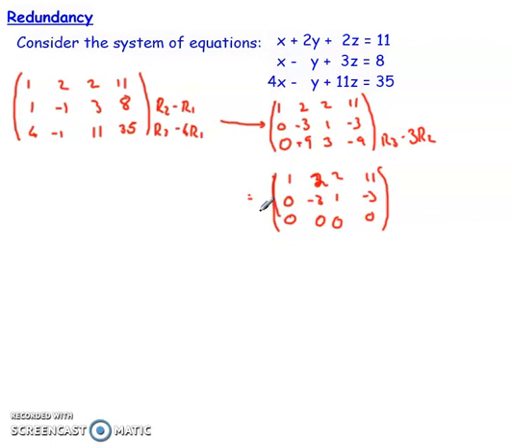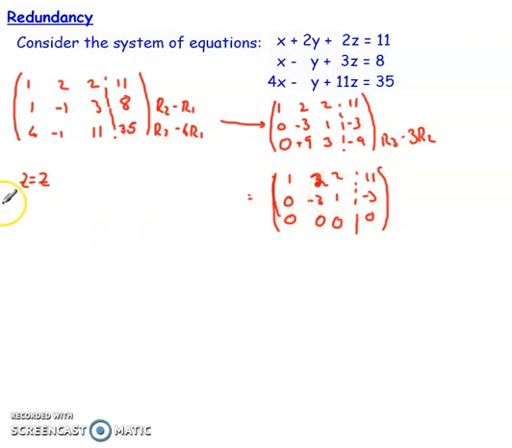Now this tells me that the equation is redundant. So what that means is I've not got one single unique solution that satisfies them all. However, because the row is entirely zeros, I've got an infinite number of solutions that will satisfy it. So what that means is if I say let z equal z, so any value of z that we can choose within our system, what I can do is take row 2, so this one here, and plug that in